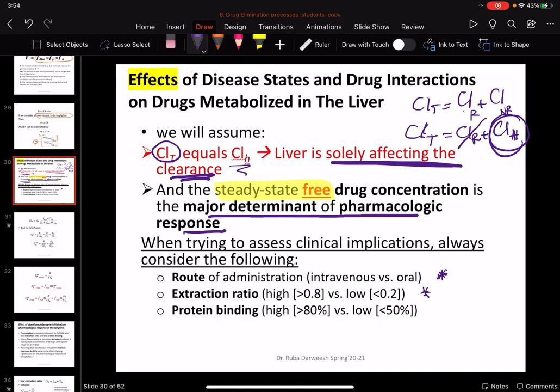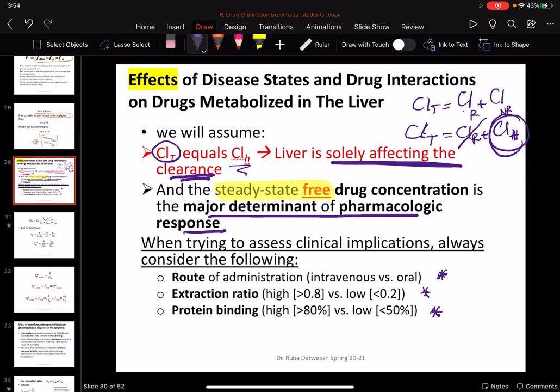We need to know the extraction ratio, if it's high, low, or intermediate, and the presence of protein binding and what kind of protein binding. All of those would affect